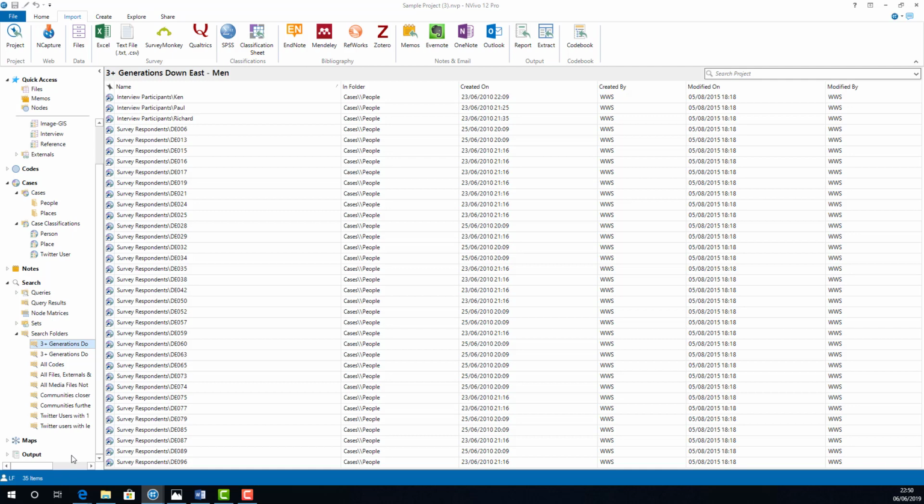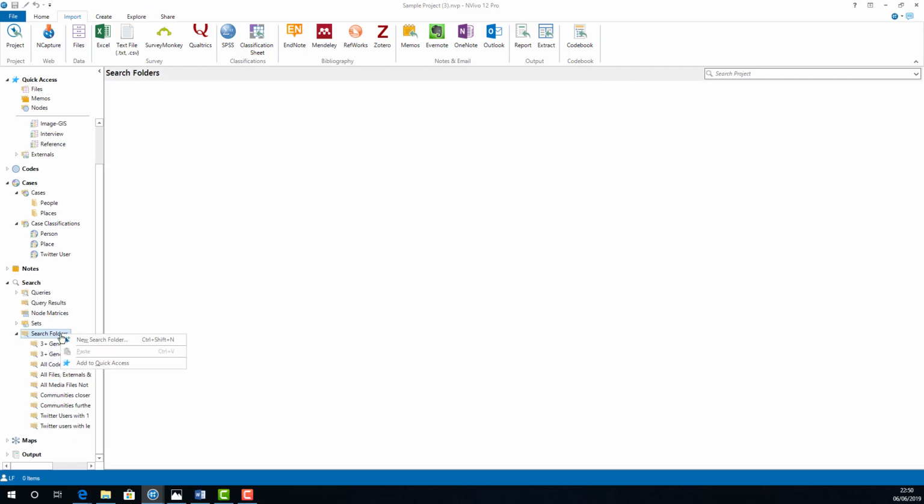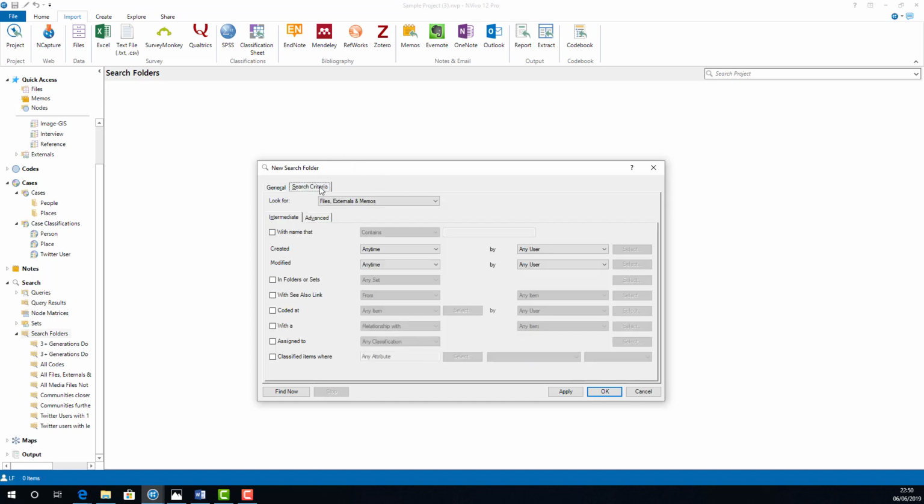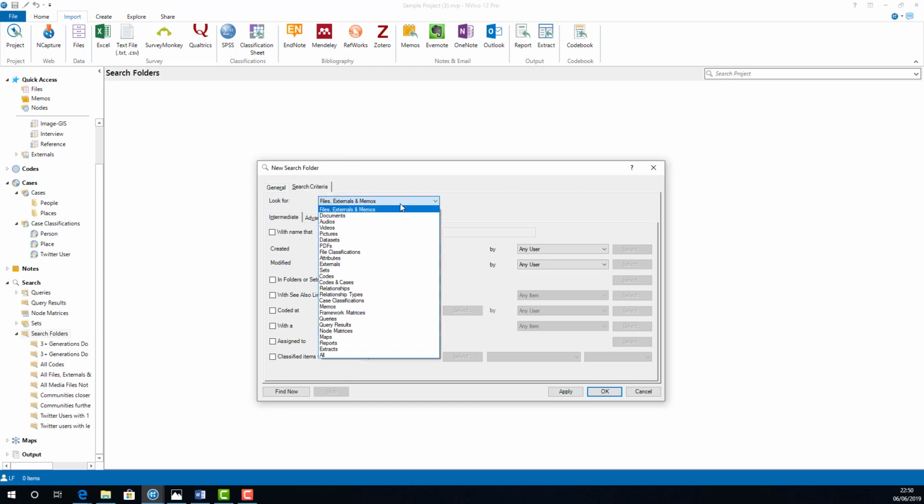To create a new search folder, I right click on search folders and click New Search Folder. The window opens as before, but this time I need to specify the criteria. I'm going to keep this one simple and just choose female for the name. This is because I'm going to just find all of the cases where the attribute gender equals female. To create this, I need to go to the search criteria, and first off, in the look for drop down, select